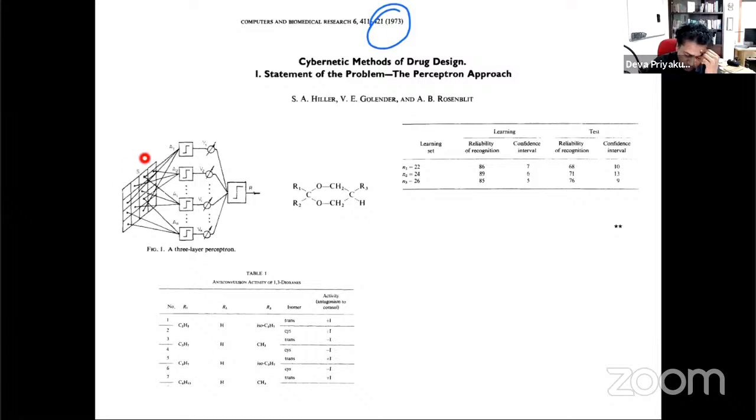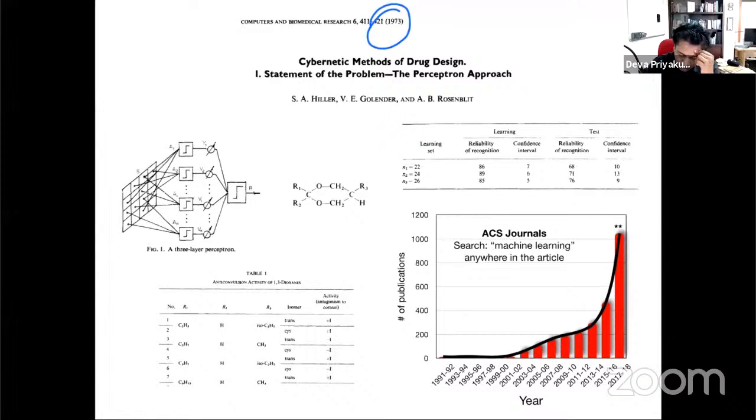They take the molecular representation and predict the activity of that molecule using a perceptron network, right? They were reasonably successful, right? But then,